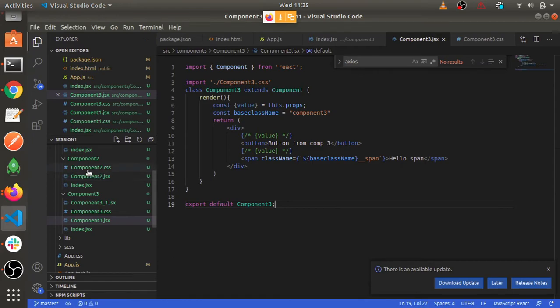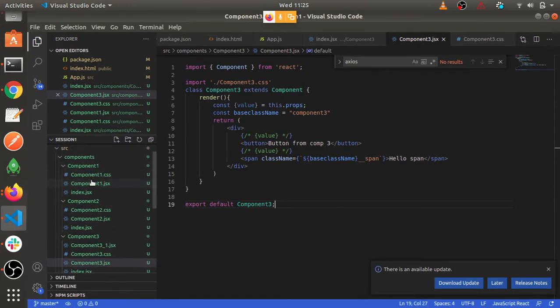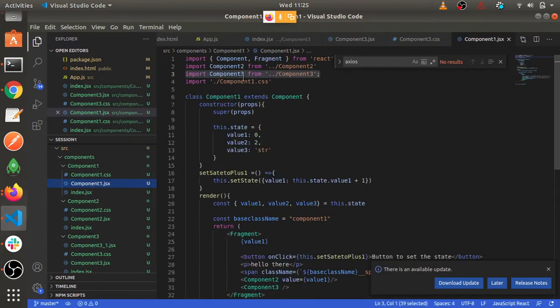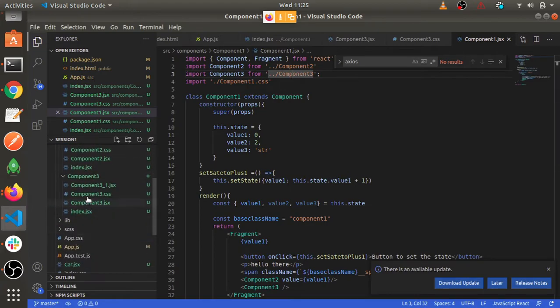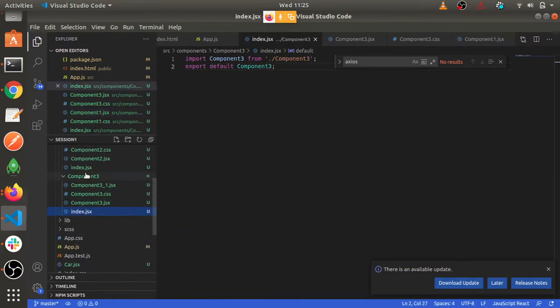No, we don't need to do that. If you go to this component 1.jsx, you can see I'm importing component 3. This index.jsx does the work. Once we import something from this folder, the index file will be rendered first.